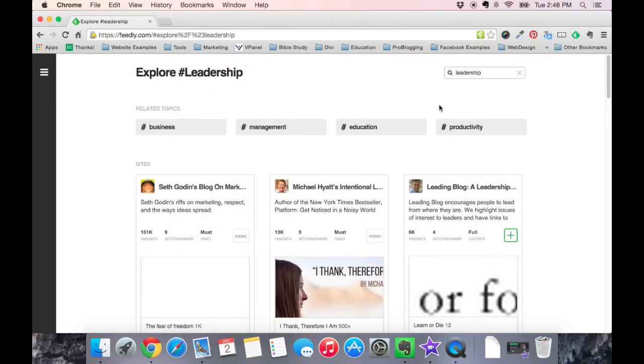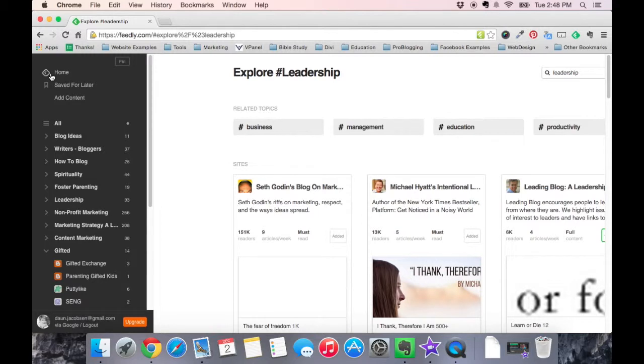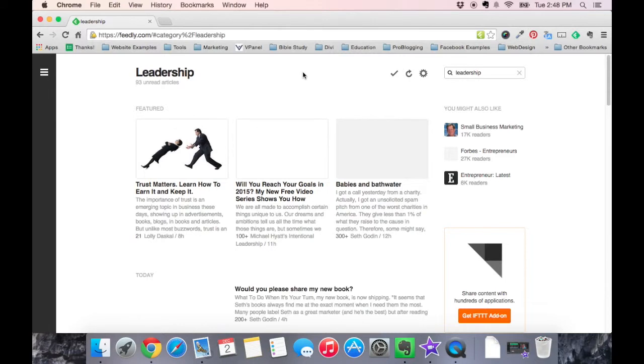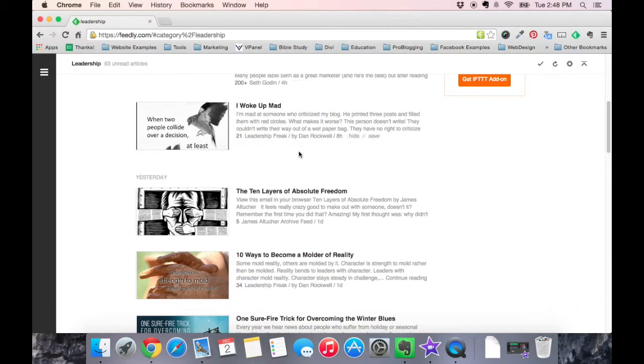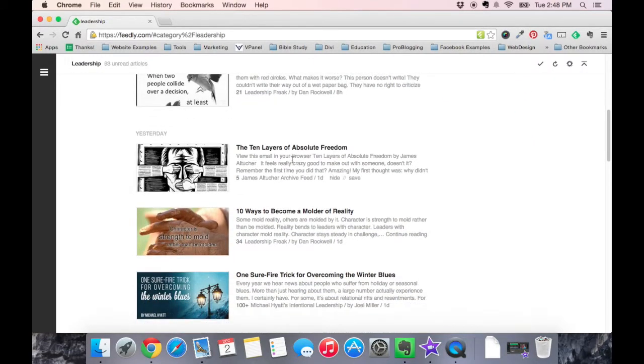And then what that means is that once you have created a number of folders, I can go in and look at leadership, and it will pull up all of the running articles of the content creators that I have put into that leadership folder, and I can in one view look at all the articles that they have posted onto their blog or their website that I've added to that folder. And so what this allows you to do is to very quickly go in and take a look at different articles where you can get ideas not only